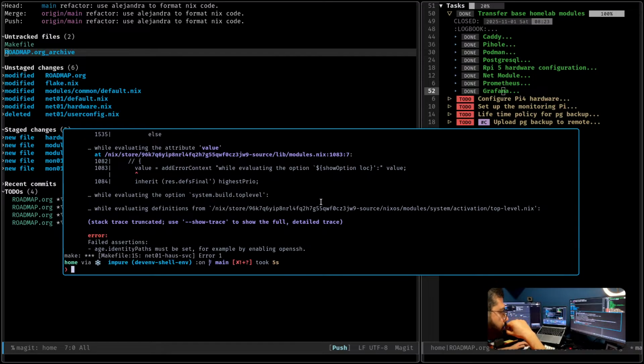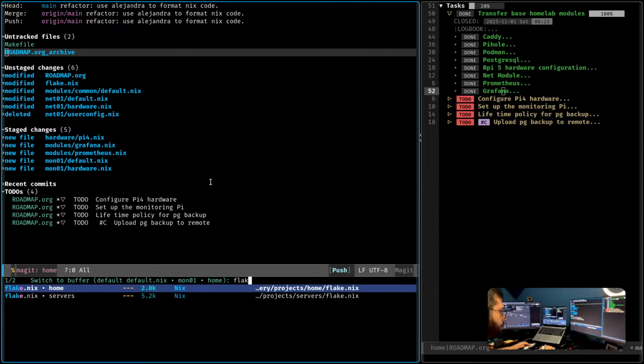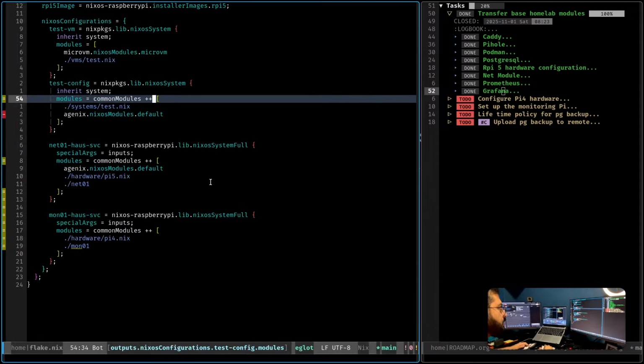Hopefully I'm not going to lose my SSH access. Okay, age identity passes must be set. I think I've already done that.